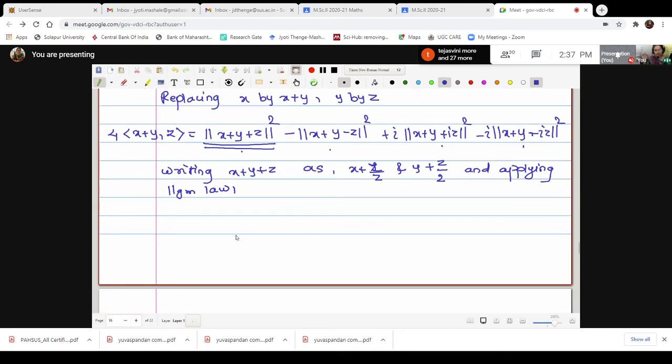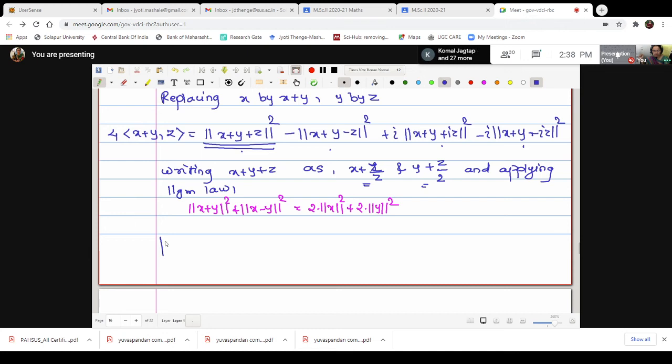Okay, let us write what the parallelogram law is. I think you remember, norm square of x plus y. I will change the color of my pen. Here I will write the law: norm square of x plus y plus norm square of x minus y is 2 times norm square of x plus 2 times norm square of y. This is the parallelogram law. Now this parallelogram law we are writing for these 2 vectors, right? Therefore let us write it for the 2 vectors x plus z by 2 and y plus z by 2.